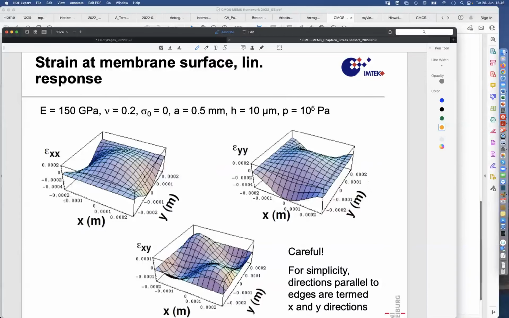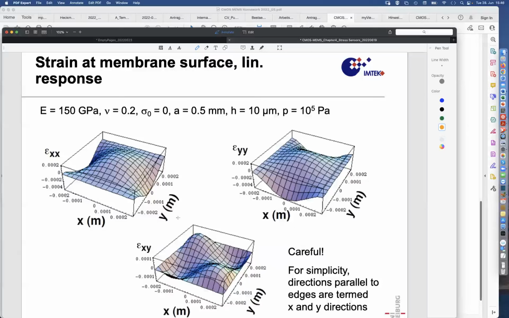So what do we see? Epsilon XX, this is the X. Now I dropped the primes here. We have the one edge defined as the X-axis, the other membrane edge defined as the Y-axis, and epsilon XX is the stretching in this X direction, and obviously along these lateral boundaries, epsilon XX must be 0. That's clear. However, along the other boundaries, because of the